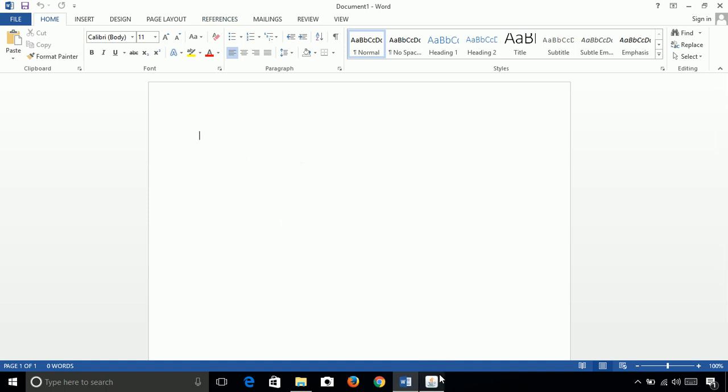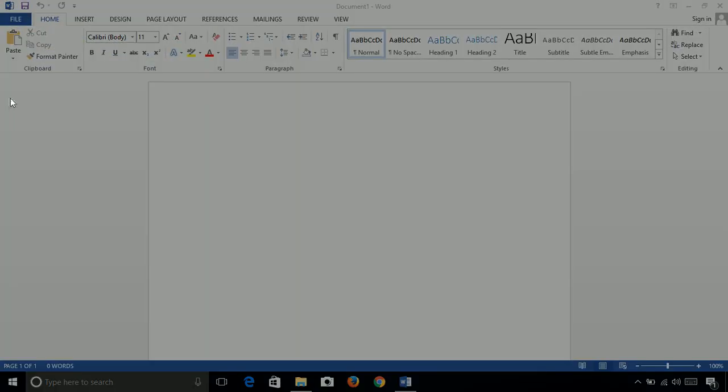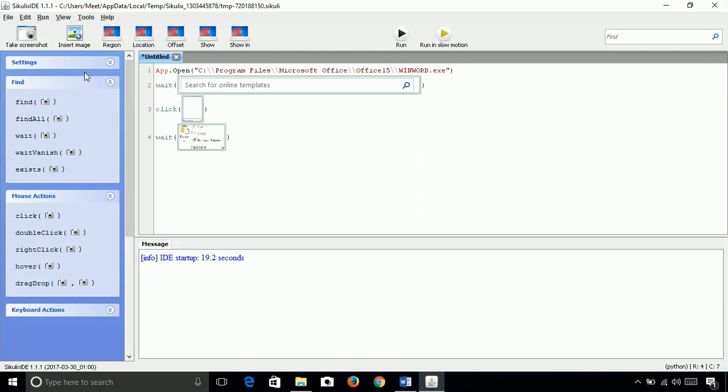Take a screenshot, and you can also use anything. We will use this: if the clipboard appears on the screen, that means it has opened the blank document.